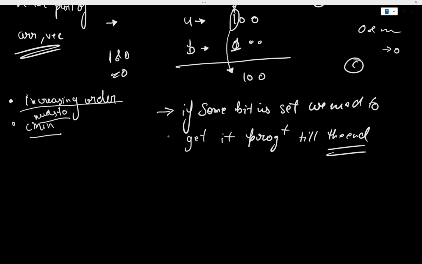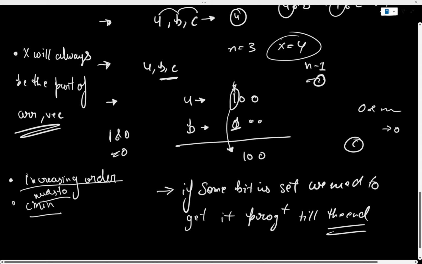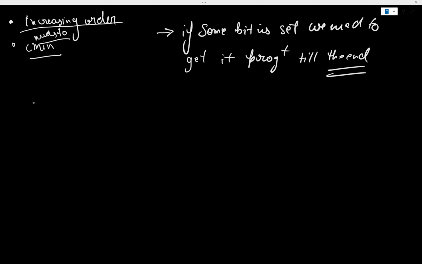That is the thing that we are doing. We need the set bits, the X set bits till the end, because we need to reproduce this again after doing the AND operation with all the elements. So I hope this much is clear. Everything is clear. Now, the thing is